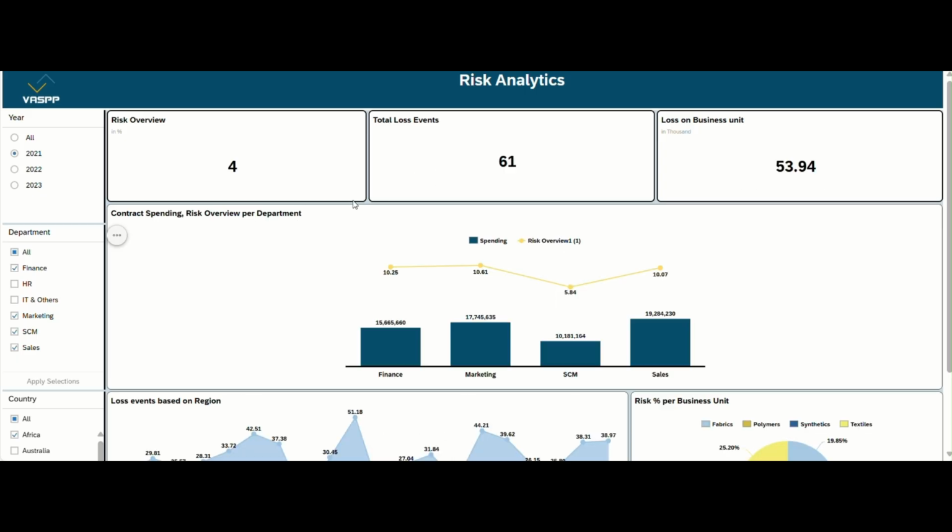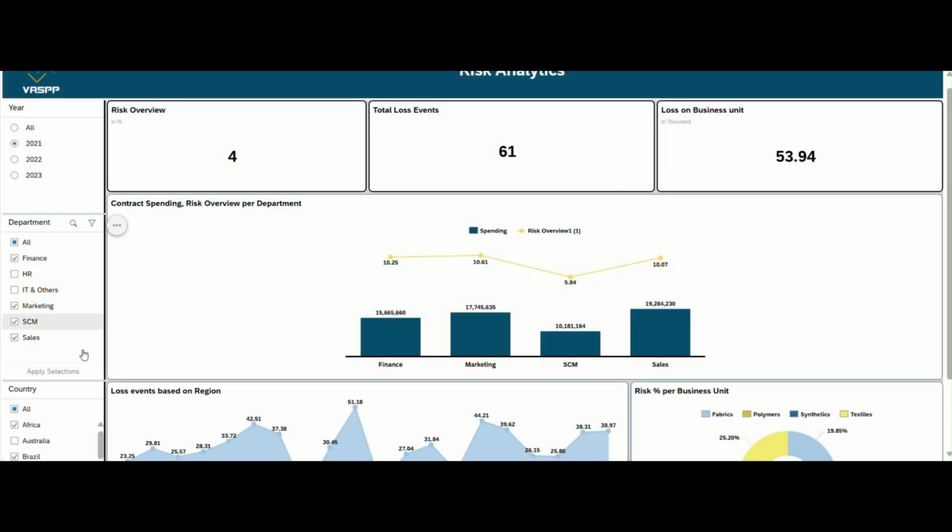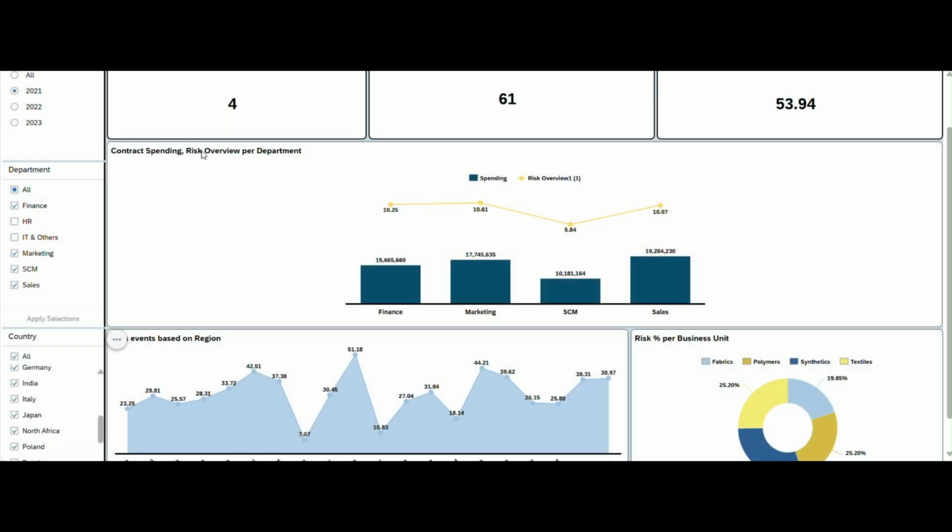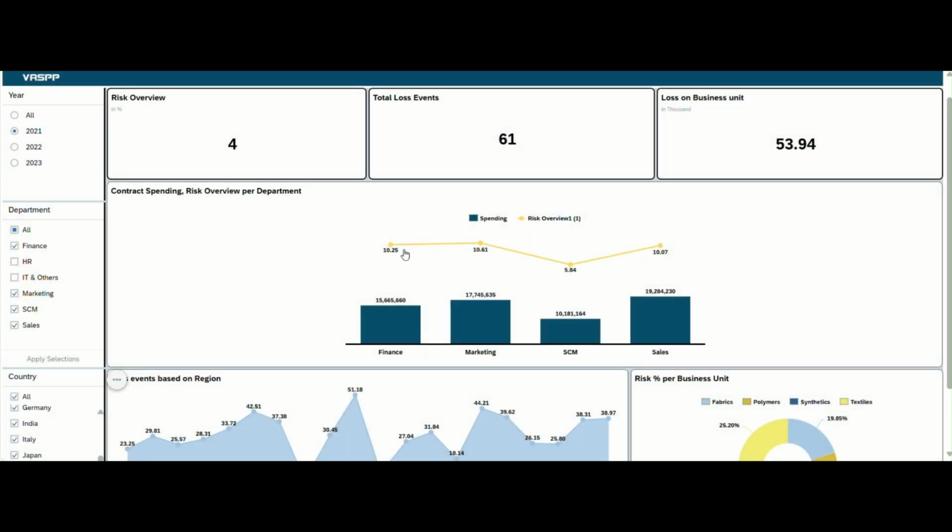Now let's walk through powerful visualizations that give business users clear, actionable insights into organizational risk, making it easier than ever to respond effectively. Starting with the contract spending and risk overview by department. This chart combines both spending data and risk exposure for each department, like finance, HR, IT, marketing, SCM, and sales. By seeing these two metrics side by side, you can quickly answer,